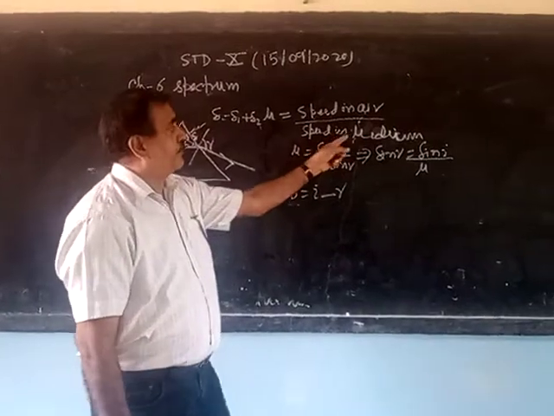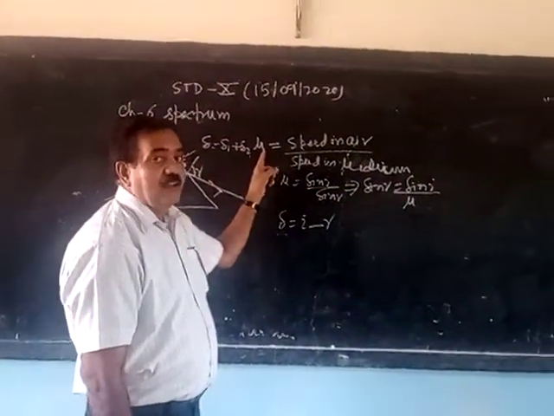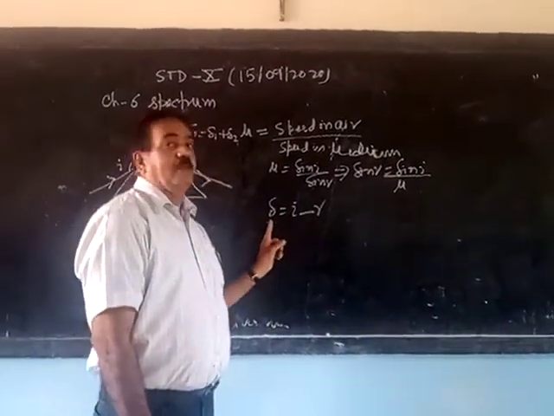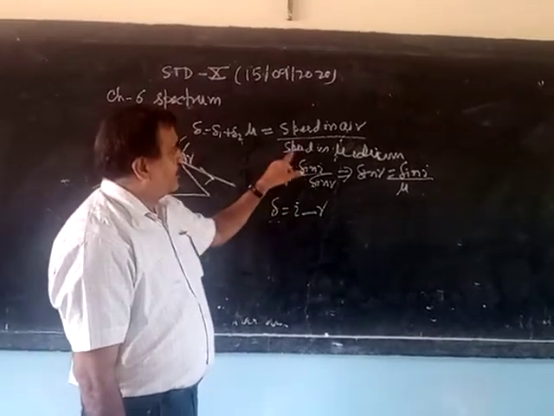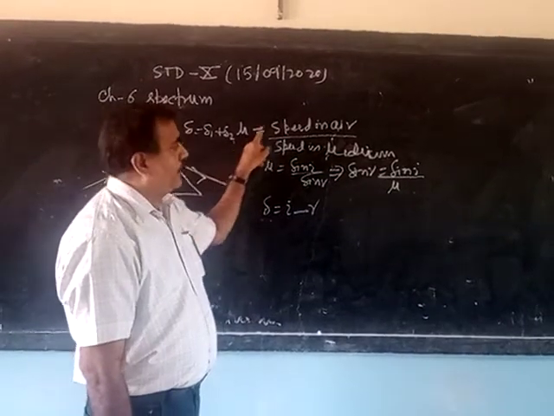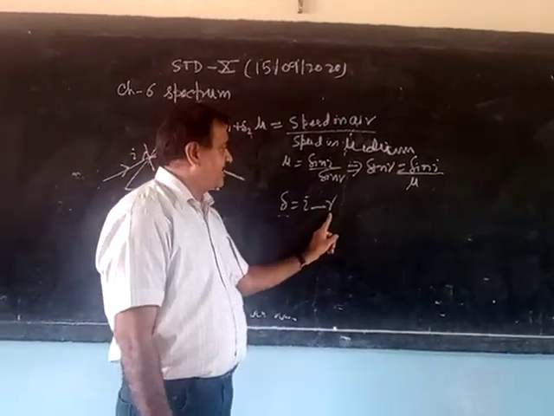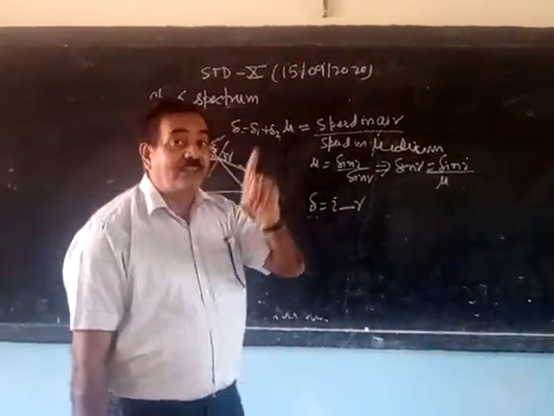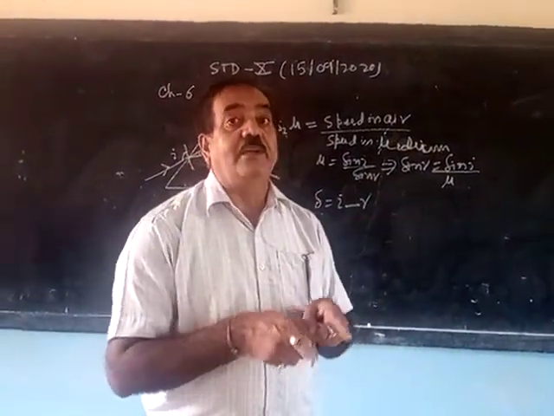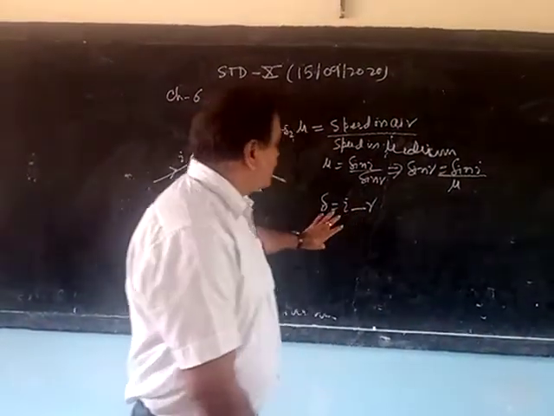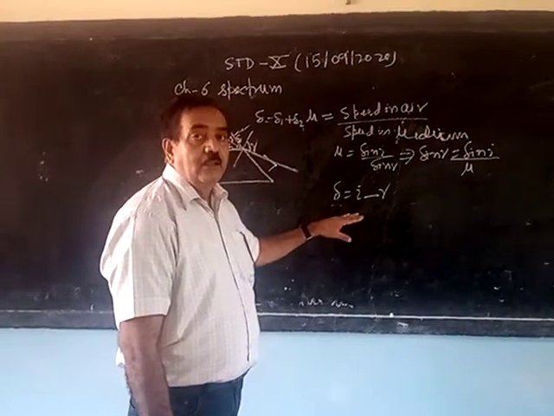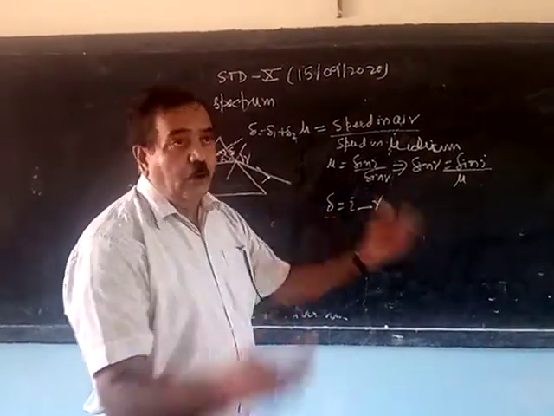Once again, if wavelength is more, refractive index will be less. Refractive index less, the refraction will be more. When the refraction is more, then the deviation will be less. Next, if the wavelength is less, refractive index will be more. Refractive index more, refraction less, then deviation will be more. And that's why the violet color deviates maximum and the red color deviates least. So the deviation of violet color is maximum and the deviation of red color is minimum. Right?